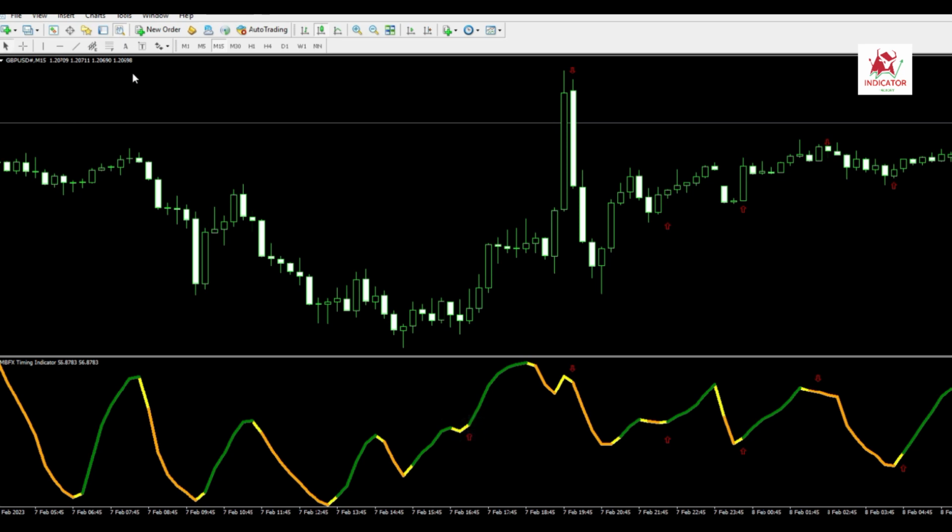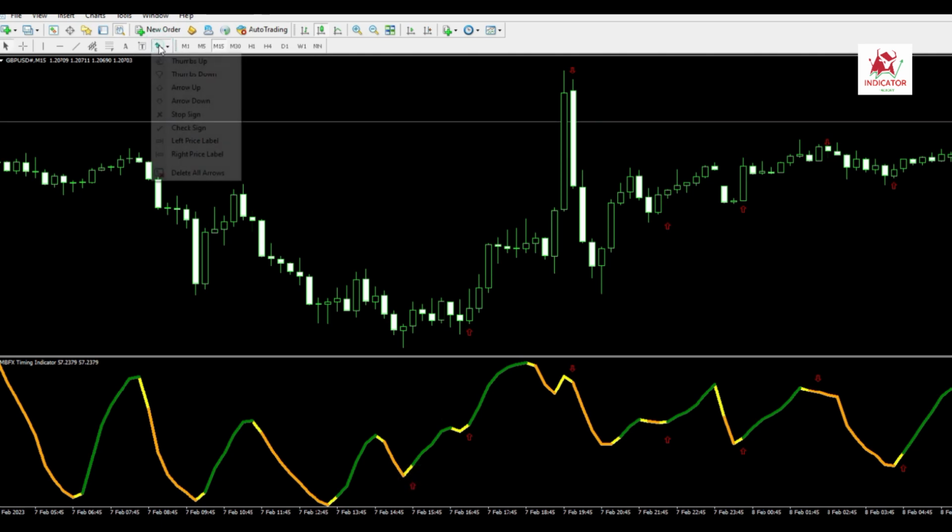The mbfx Forex timing indicator can be used for trade entries and exits or as an additional trend filter for other strategies and systems. The indicator works equally well on all currency pairs, majors, minors and exotic, and shows promising results if used correctly. The mbfx timing indicator also